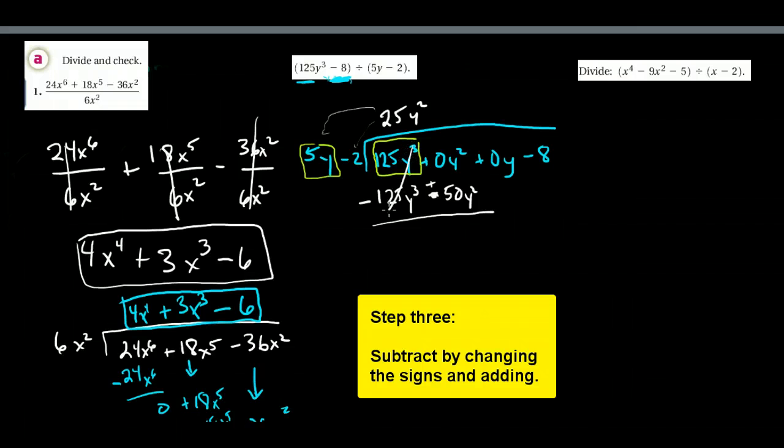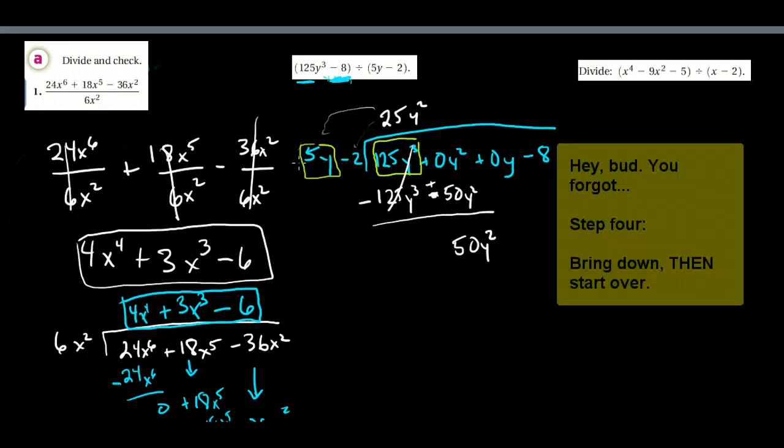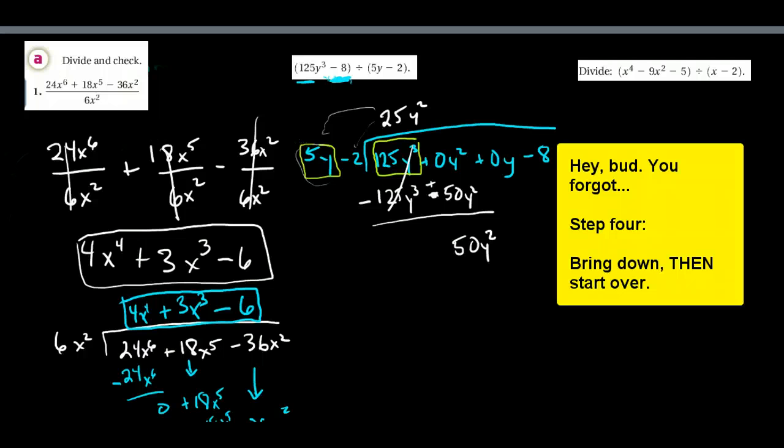And so these will cancel, and I'm left with 0y squared plus 50y squared is a positive 50y squared. And so now I need to know, how do I get 50y squared from 5y? And that will be, I'll have to multiply it by a positive 10y